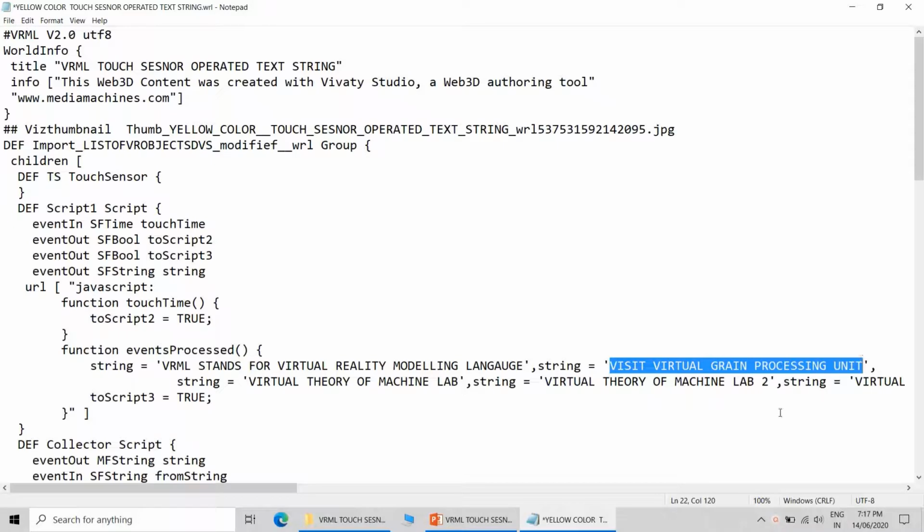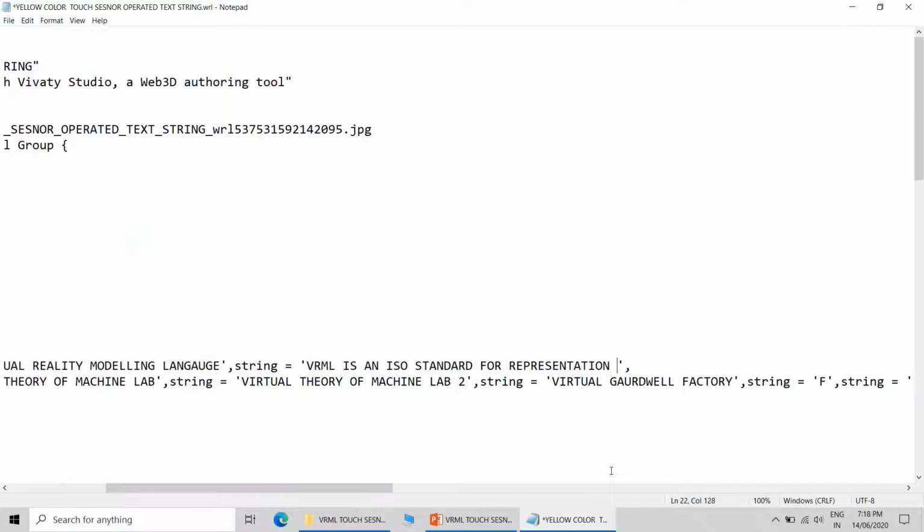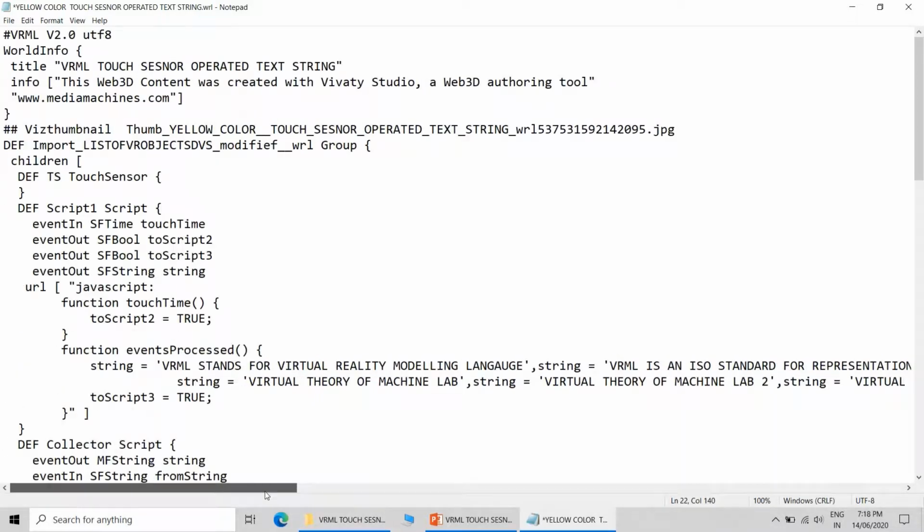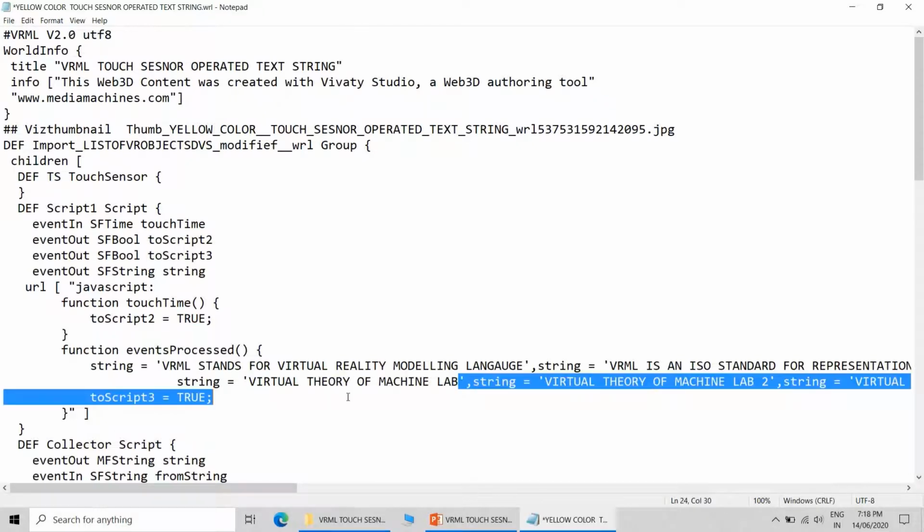Then I will be changing this text also. Notepad is a simple text editor. VRML is an ISO standard for representation of 3D on web, like that. Likewise, you can go on changing the other text.